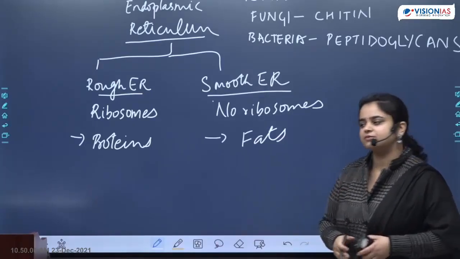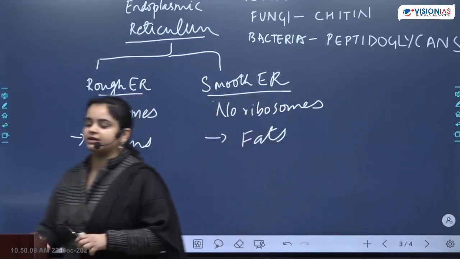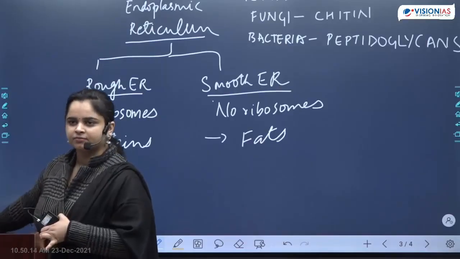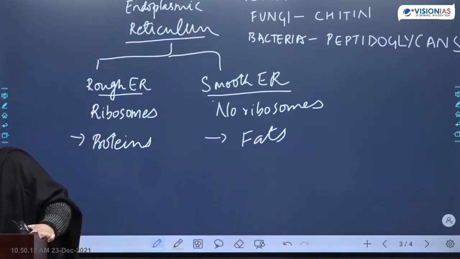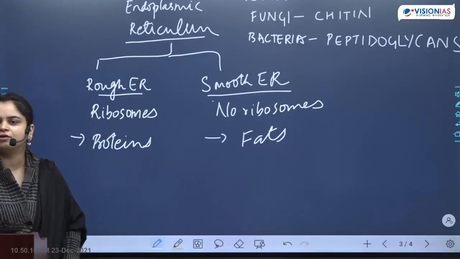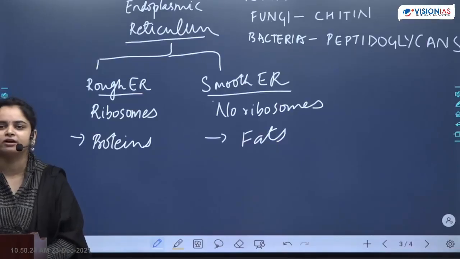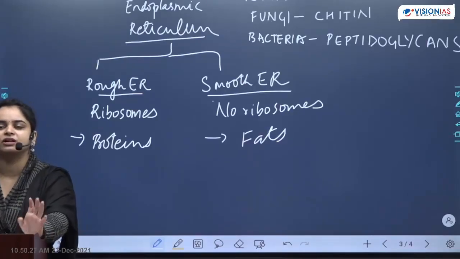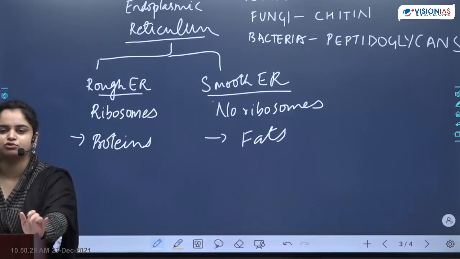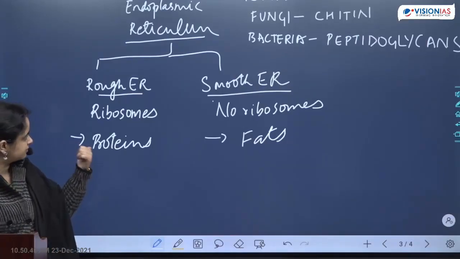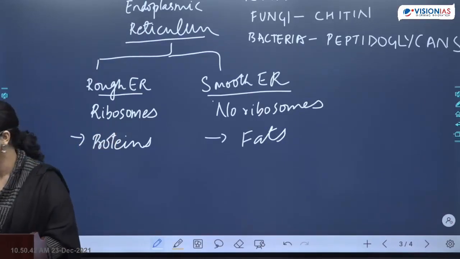So if there is a question which says endoplasmic reticulum is involved with protein synthesis only, then that is incorrect, because overall it can also be involved in production of fats, right? Or if you have a question to select organelles which help in protein production, and you have one option as ribosomes, one as endoplasmic reticulum, and the third one as both, the answer again has to be both. Okay? Let's write down first ribosomes.